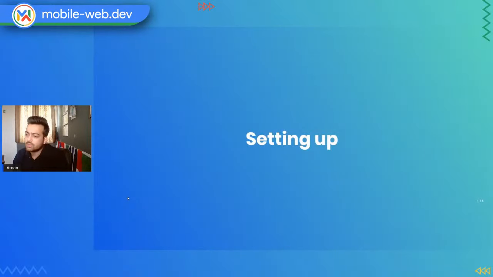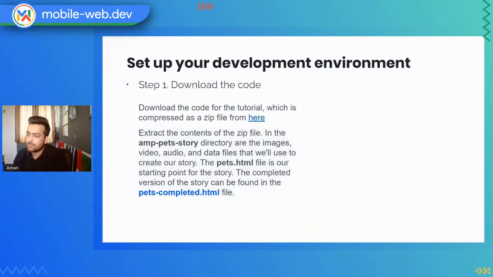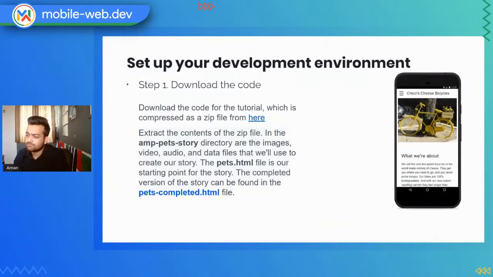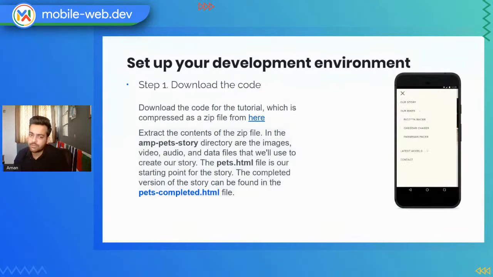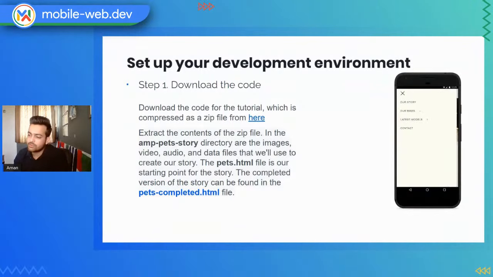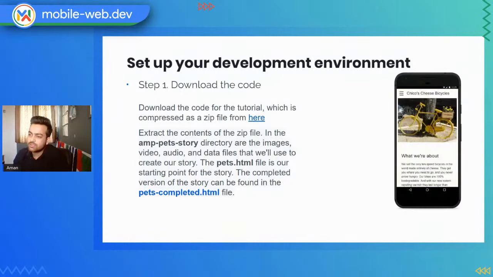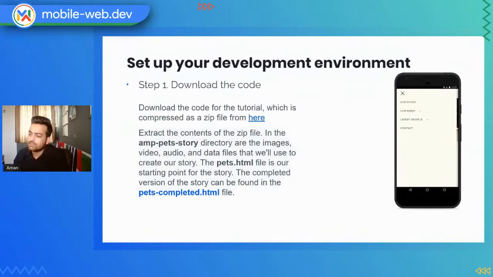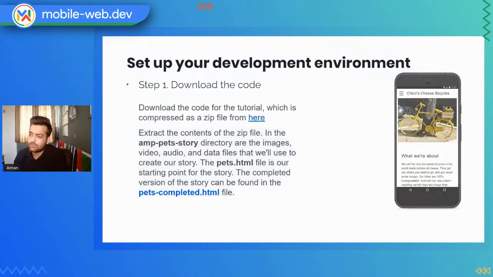So let's see how you can start setting up. I didn't cover this in the AMP HTML format, but for this you can download the code that I have created, the sample code for a story, an AMP pet story, which is a very interactive way of seeing how the working example works. By the way, this animation is nowhere related to that story. It's just a phone with a sidebar. I can share this link after this session, and we can get started with the sample code provided here.